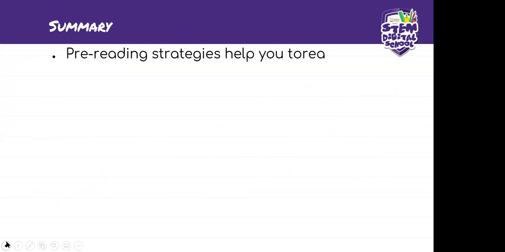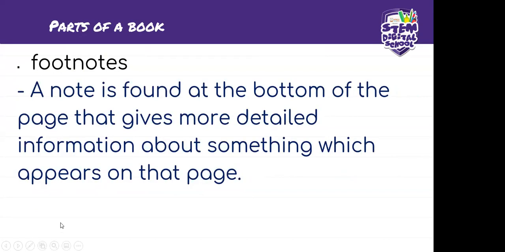And then we also have footnotes. So a footnote, it is a note which is found at the bottom of the page that gives you more detailed information about something which appears on that page. Okay, so footnotes, usually you'll find them in scientific texts as well. So if I am reading about light, then there will be a footnote there